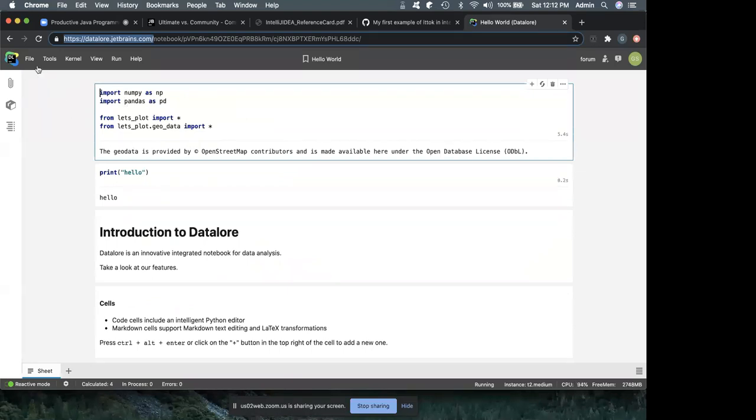I'm not a data scientist and I do not know if it is there. But this is a new product. Maybe you guys can check it out if you're interested. This is free as well. And then there is a PyCharm for data science coming up.